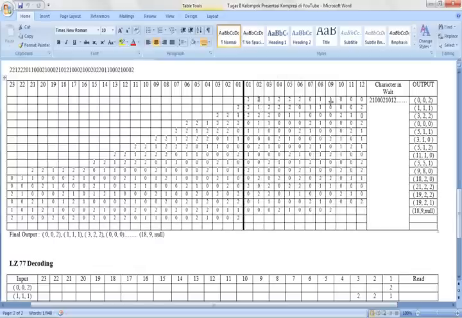The value here will be put in the first column of the second table. Because we have similarity between the first column of the first table and the first column of the second table, we put 1.